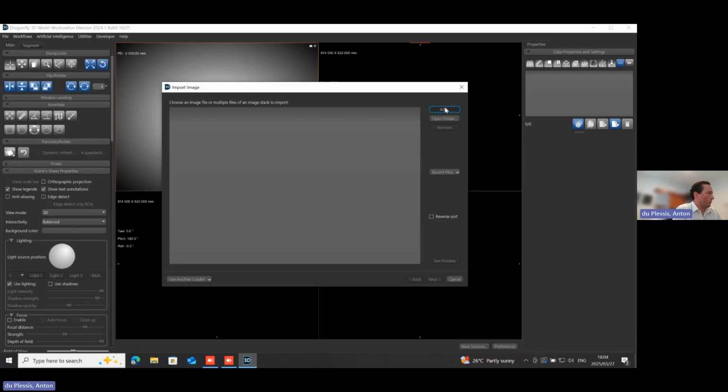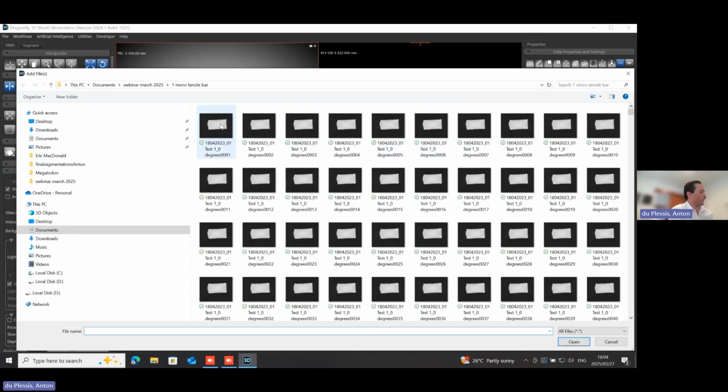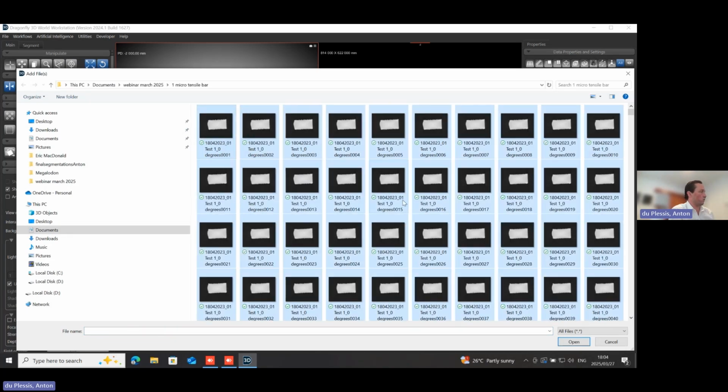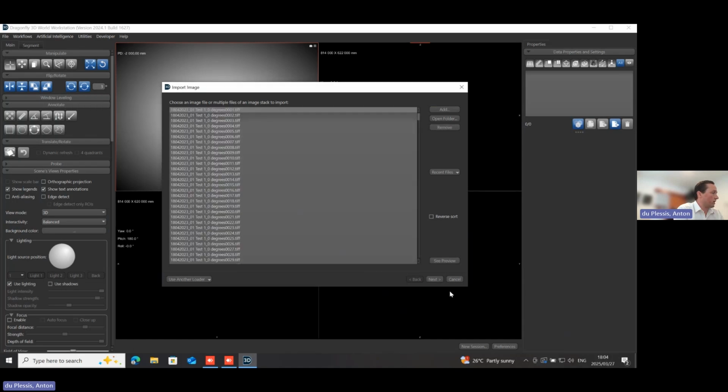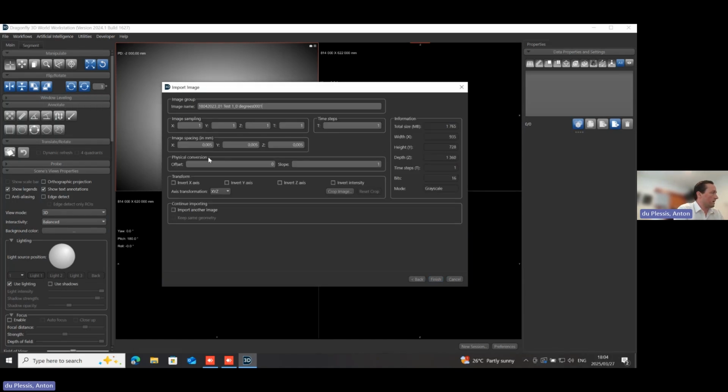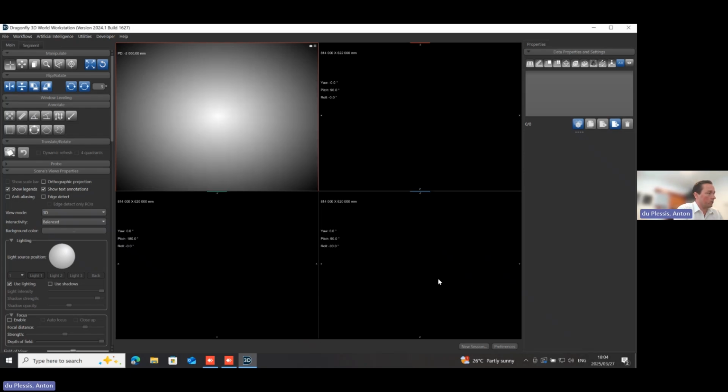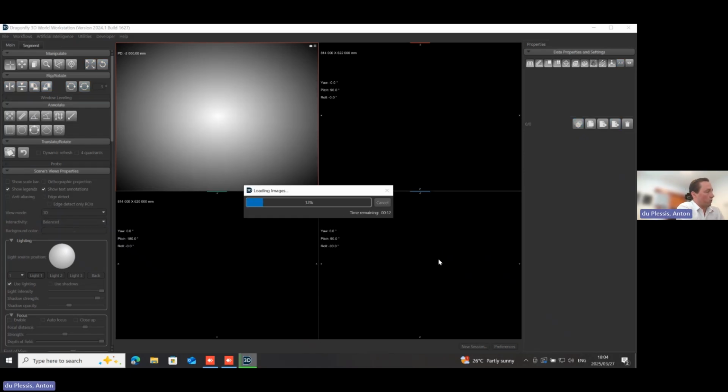You load this in this image loader. Today, we're loading a stack of images, which this data was provided by researchers at University of Trento, which was part of a research study. Once I've loaded these images, in this image loader, you can select the voxel size in X, Y, and Z in this location here. At the moment, it's already encoded, so it's 5 microns per pixel. And you can also crop on import, but we won't be doing that today. We'll just load this and have a look at the data once it's loaded.